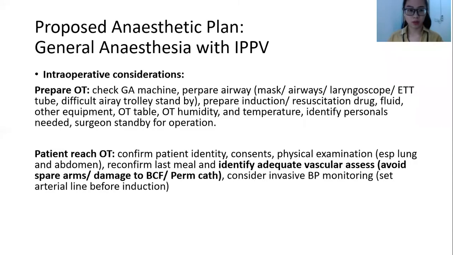This will be our proposed anesthetic plan for this 50-year-old lady with end-stage renal failure coming for open cholecystectomy. Our decision is to do a general anesthesia for her because the incision site is above the umbilicus. Therefore, spinal anesthesia might not be effective or adequate for her. In addition, in view of her long operation hours, it will be safer for us to go for GA with